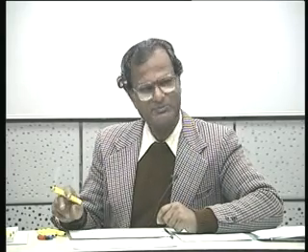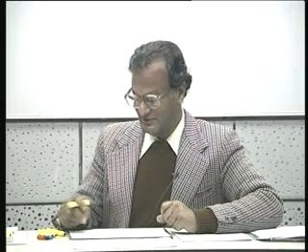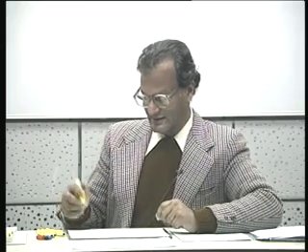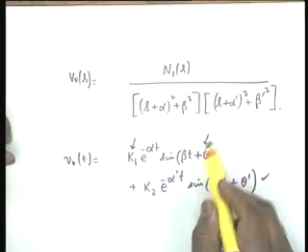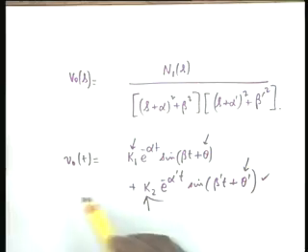In this case, the possibility of cancellation does not arise, because we are given these symbols only. If the numerical values are given, possibly they could. Yes, that is a good question. We assume here that the values are such that there are no cancellations. If there are no cancellations, then this will be the form. There are 4 poles. Accordingly, there are 4 constants to be determined: k1, theta, k2, theta prime.